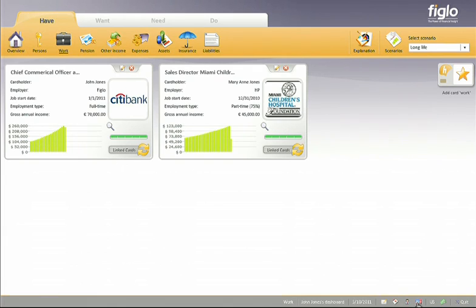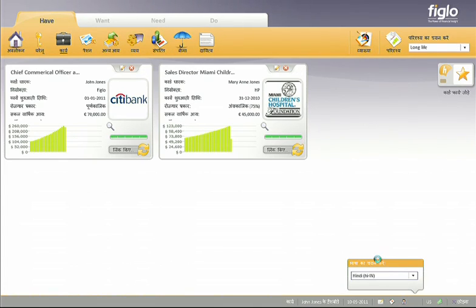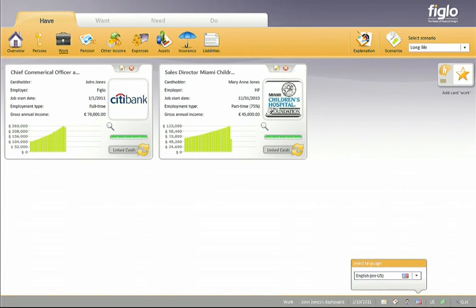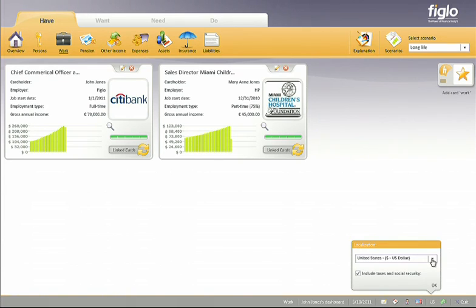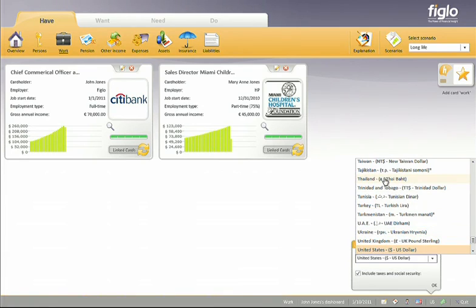The system also has the ability to change languages on the fly. I can switch to Hindi, and the system will do a quick conversion and convert everything into the localized language for people who want to use it that way. Let me change it back to English for a second. I can also change the localization of the platform itself. I can say, actually I want to use this in Thailand and convert everything to Thai baht. But more importantly, I can include the local taxes and social security of that country in this application as well. So it is truly the first financial planning tool that is not only multi-currency, but also multilingual and now multi-jurisdictional.